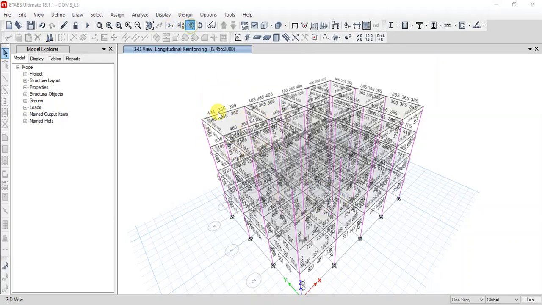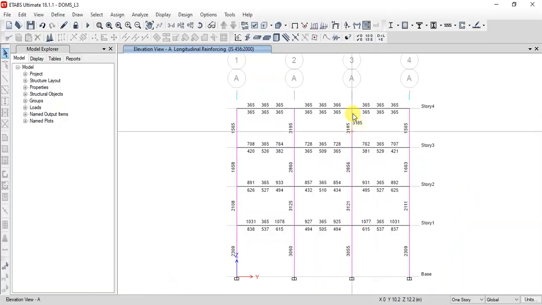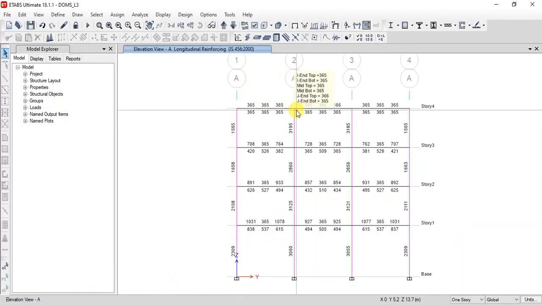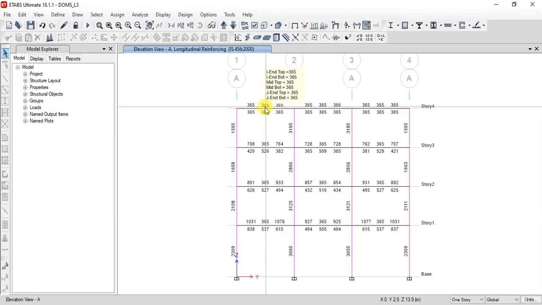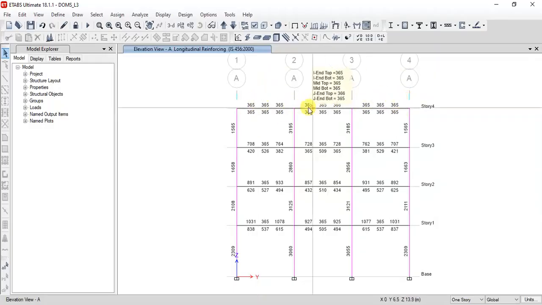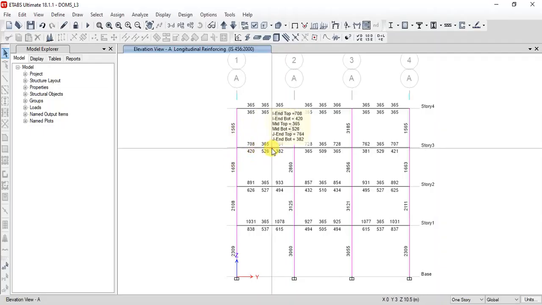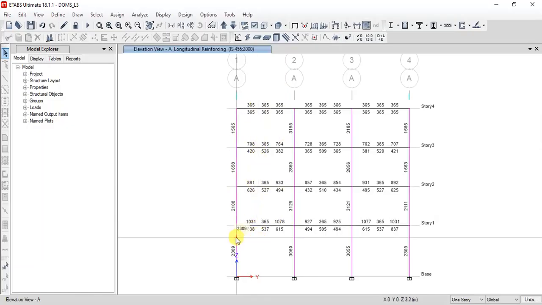If we go to the elevation, you can see that at the end strip, 365 at the top, middle strip 365, it is giving minimum reinforcement at the top, as the amount of force is very less. We can see that in the lower stories, as the load acting on the beam is more, the area of reinforcement increases as the story level decreases from the higher level.